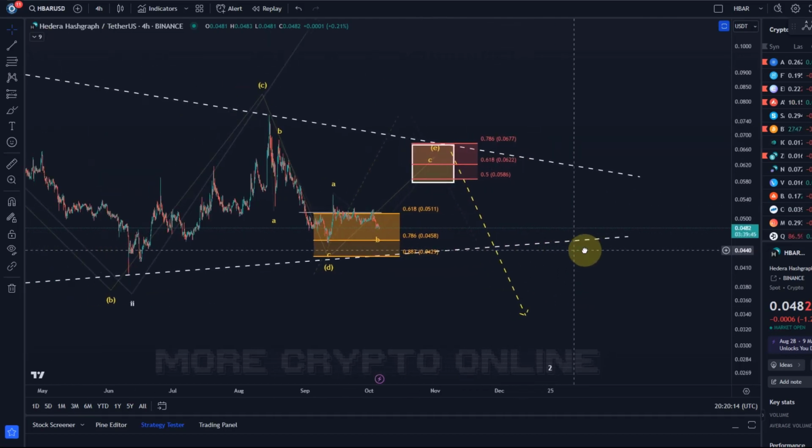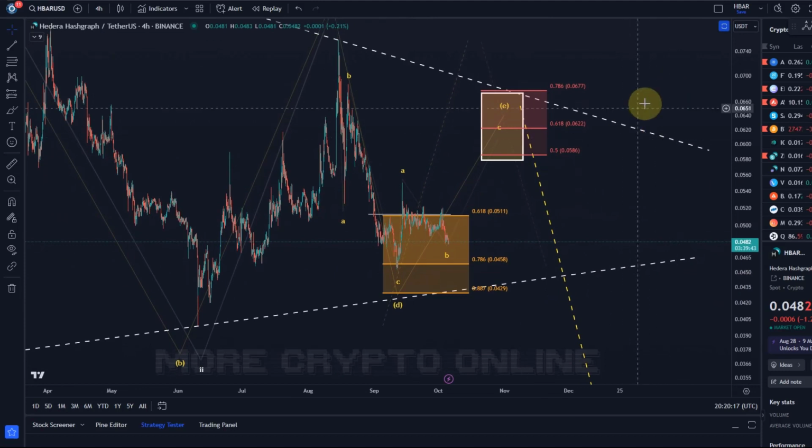The problem that we have with this is that it is a very similar structure on the ADA chart, a triangle, and they don't really get off the ground down there. And an E wave of a triangle can be a triangle itself. So it might not get to that upside structure there. Bear in mind, we are in a triangle, and in a triangle, there isn't really an uptrend. It's just a balance of forces. And I'm noticing that here, HBAR, but also, for example, ADA, there are a few others, they are trolling support in their triangles. They don't really get off the ground.